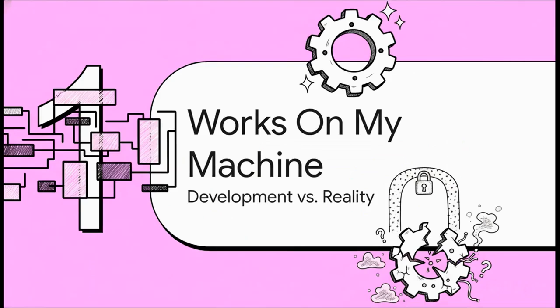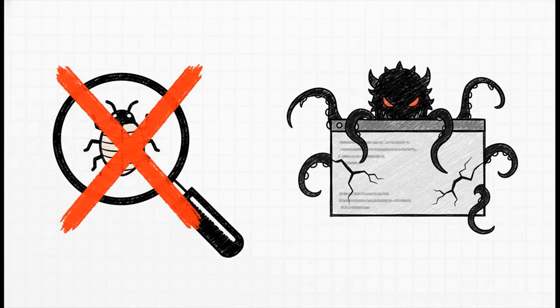Our mission here is to understand that gap, the one between the code that looks perfect in development and that exact same code failing spectacularly out in the real world. We're going to close that gap today. Now, it's really easy to think that a bug is just a typo, a misplaced semicolon, a variable name spelled wrong. But let's be honest, our tools these days catch almost all of that stuff instantly. The really nasty bugs, the ones that are totally unpredictable, they come from somewhere else, somewhere much deeper.